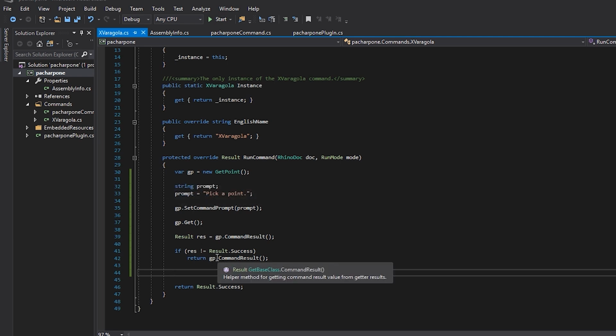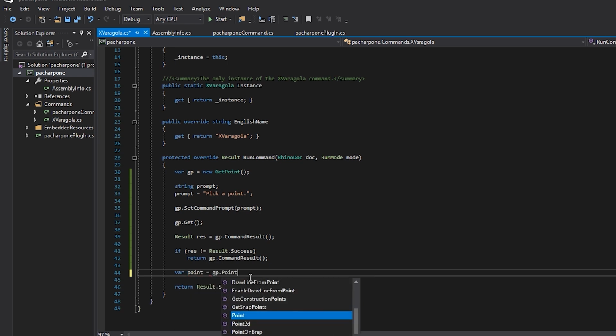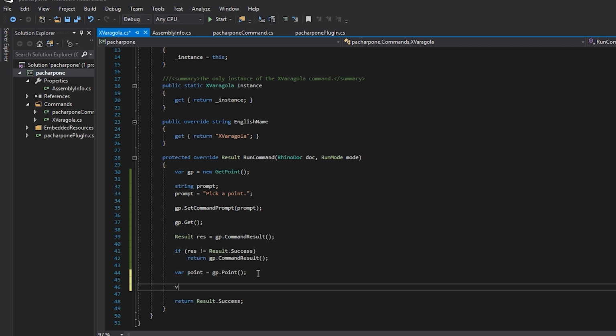Okay, so we saw if it was successful, and if it was, we can simply extract the point. The point is saved in our GP object. So we will again use the var for our point, and we will call the point method of our getPoint class, which will return the selected point. Now in this exercise we will simply write the coordinates of the point, and this is how we will do it. We will just create a variable to hold the text of the coordinate x. Then we will access the x coordinate. So we can do it like this: variable x. We access the point x coordinate, and I'm doing this very slowly, step by step, so you can understand how